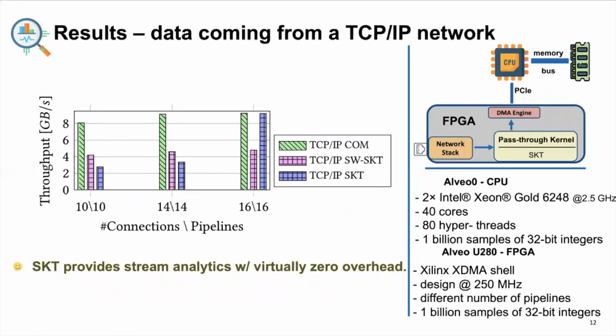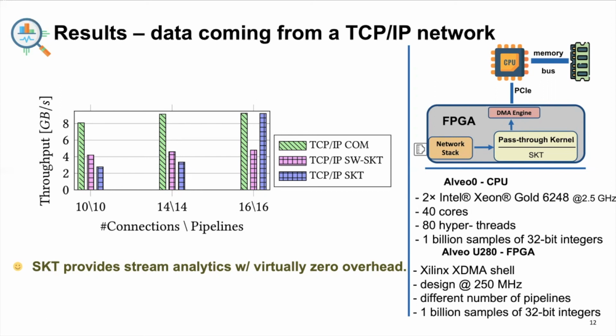For the third part of our evaluation, we compared the behavior of the CPU with the behavior of the FPGA when data comes from the 100G TCP/IP network. For this software implementation, we allocate one thread for each network reception connection, and for each receiving thread, we allocate 4 threads for sketch computation. For the FPGA implementation, we allocate the same number of pipelines as for the previous experiment, with data coming from the main memory of the CPU.